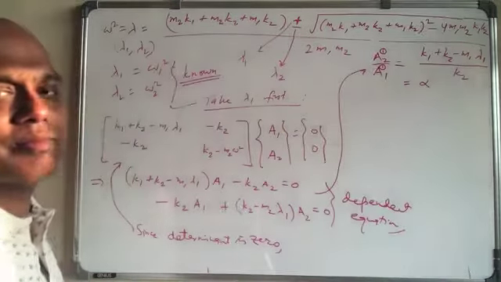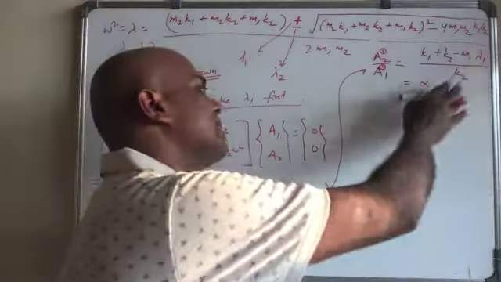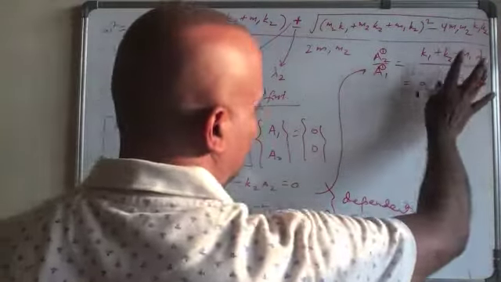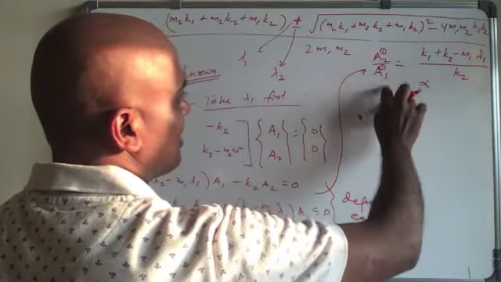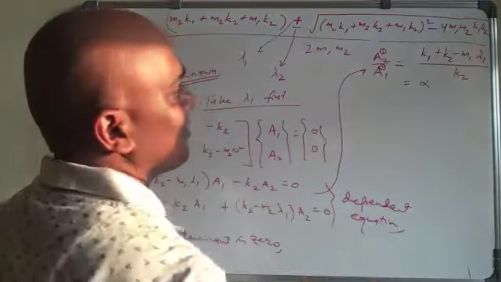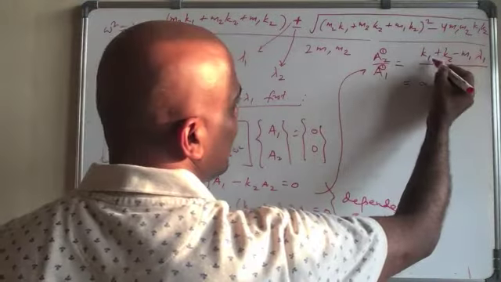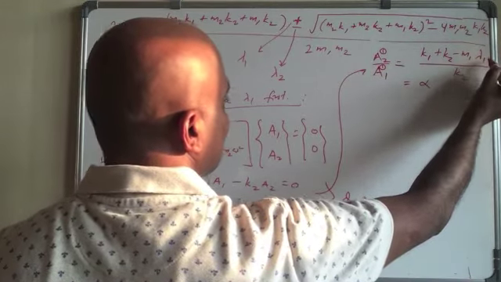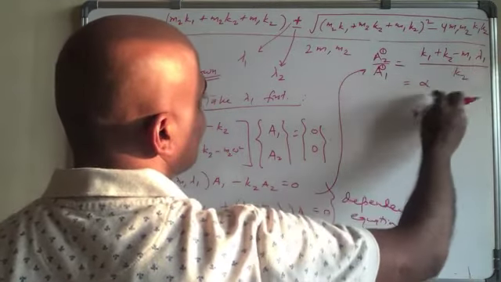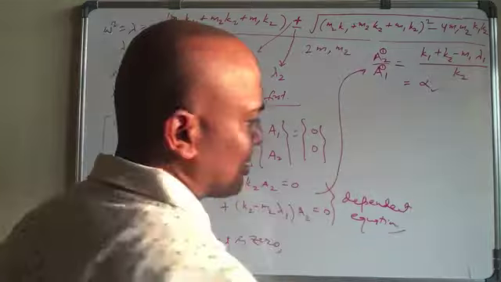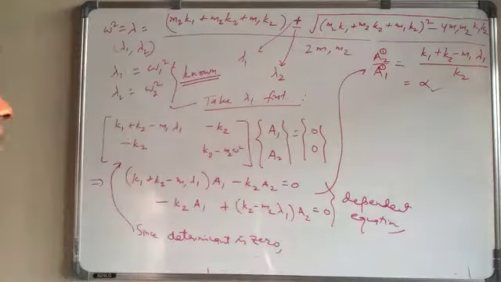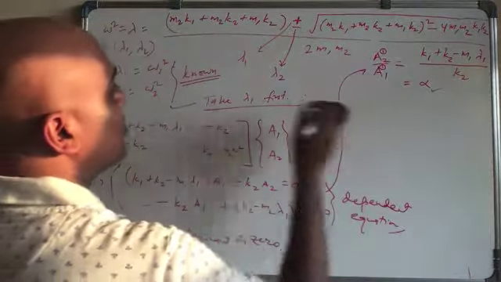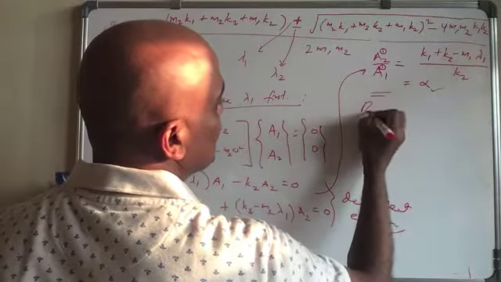Just to relate with the initial discussion, we call this one alpha. So a2 over a1, this value you can find out from there. From here, k1 is known, k2 is known, then lambda 1 is known. So you get alpha, you can find out from here. Okay. Now, similarly, you can repeat this